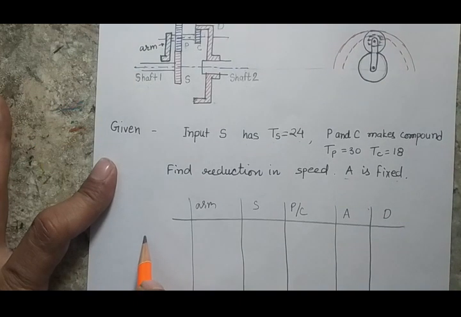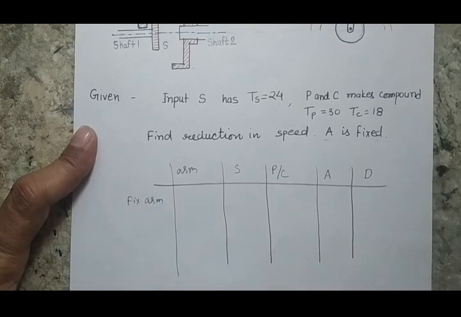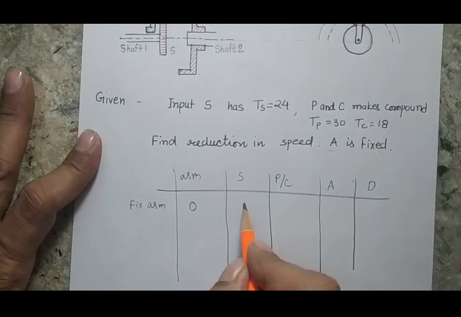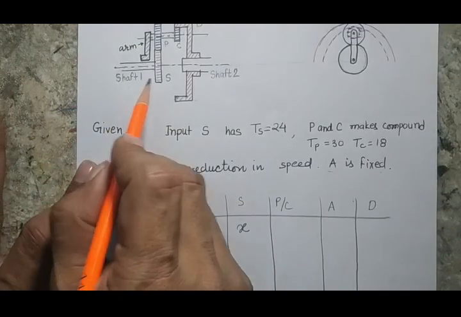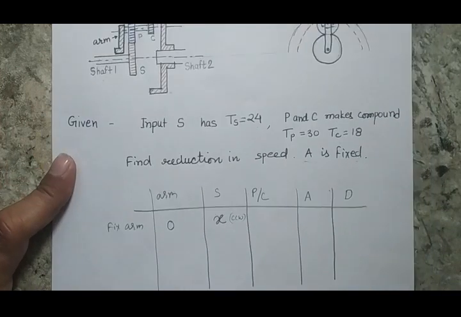Now the first step is fixed arm. This is the standard procedure. Every time you have to fix the arm. As I fix my arm, I will put 0 RPM or 0 rotation here. Now let's give an input X to my S gear, and consider that I am giving a rotation in the counterclockwise direction. If I am giving my input in the counterclockwise direction and the magnitude is X, that means the rotation